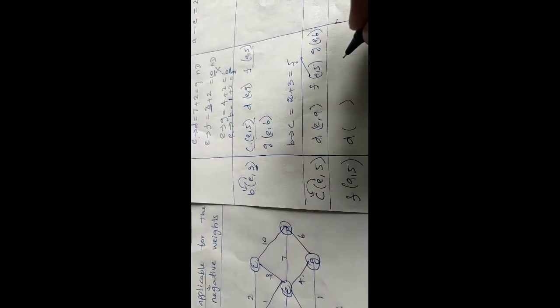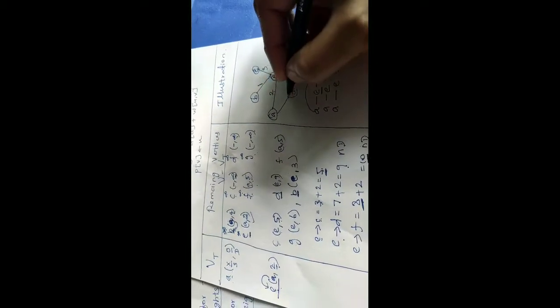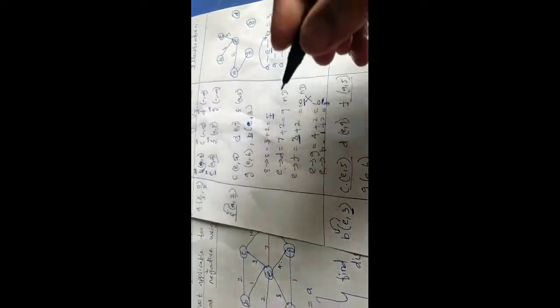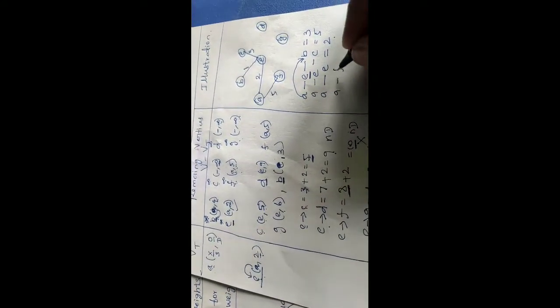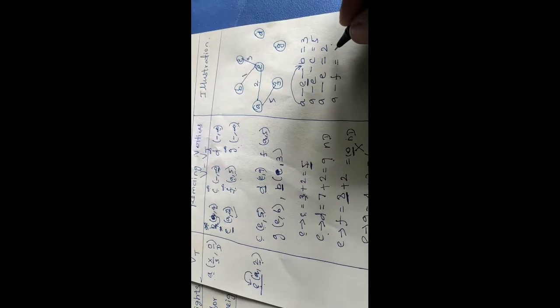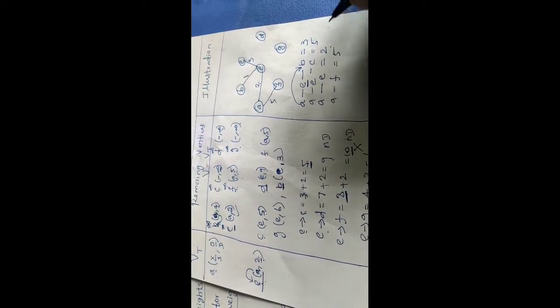Now what are all the remaining vertices? That is D and G. Now after bringing F here, what is the edge I need to include? A to F is the edge I need to include. What is the edge value I have in the graph? 5. So A to F, I am visiting directly with the distance 5.